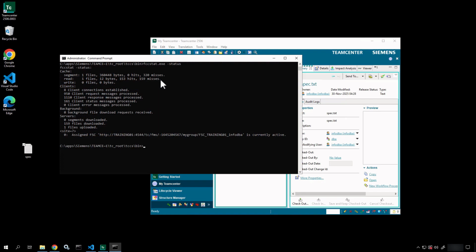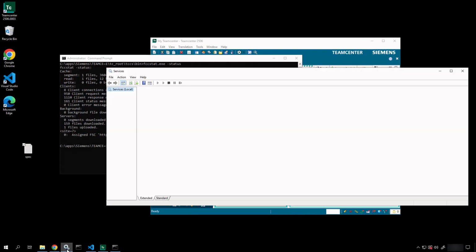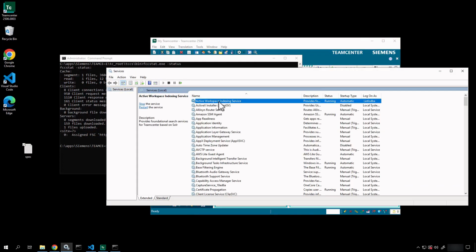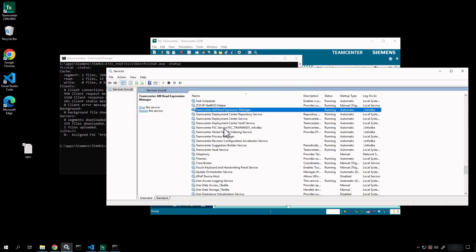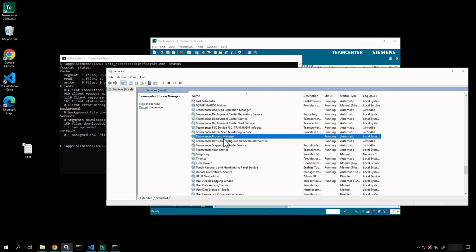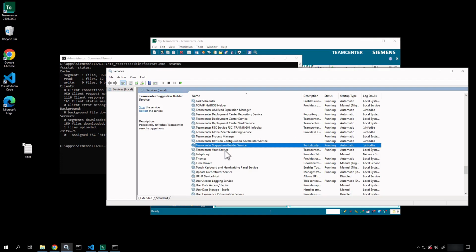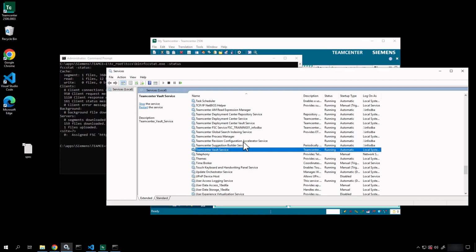In future videos, we'll go in and we'll modify our installation using Deployment Center. We'll add a whole bunch more to it. We'll get into setting up our web tier infrastructure to support Active Workspace. And then we're really going to take a deep dive into some of the services that got installed, like our Active Workspace indexing service, the Teamcenter services that got installed here. So we'll talk about what each one is and why it's here. And along with any other things that we can think of to build this environment up as much as possible